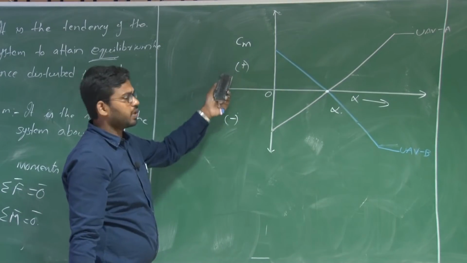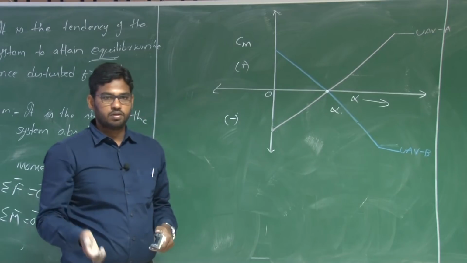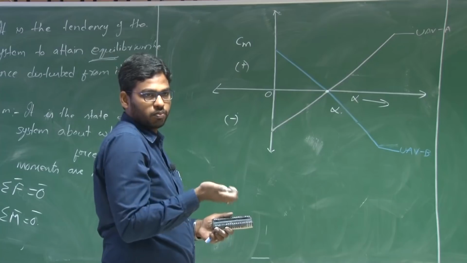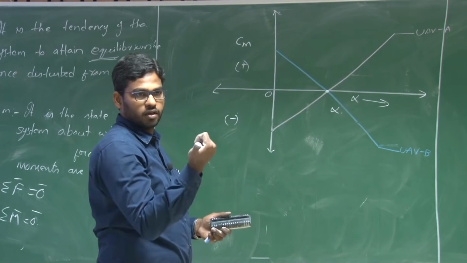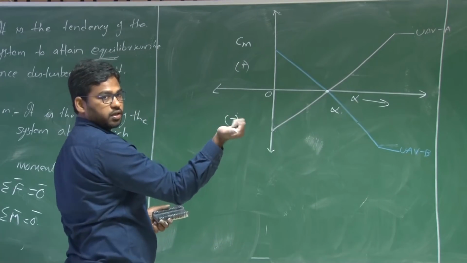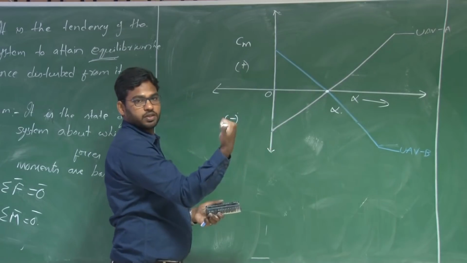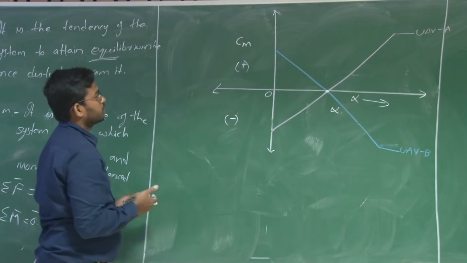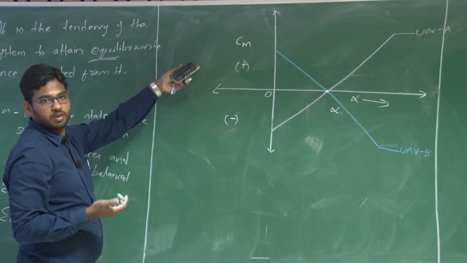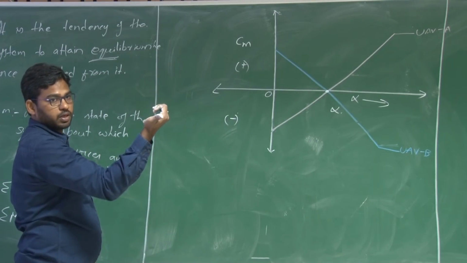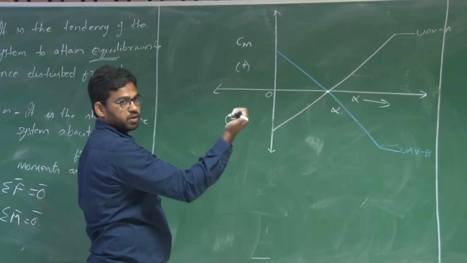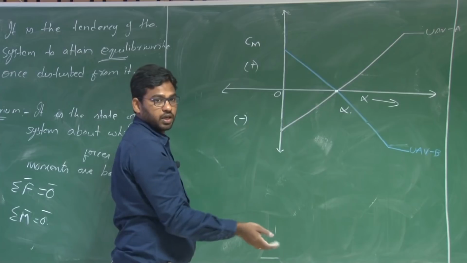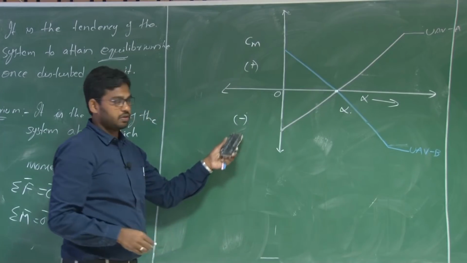What is positive pitching moment? So we discussed, right? Right hand thumb rule: stretch your thumb along the positive axis, and the corresponding curl of your fingers will give you the corresponding positive moment. So this Cm, the pitching moment, is about the y axis. So stretch your thumb along the positive y axis of this UAV, and pitch up is considered as positive and pitch down is considered as negative, right.